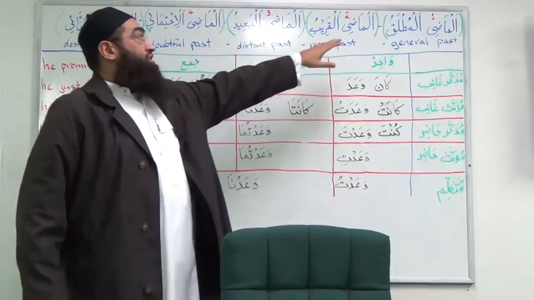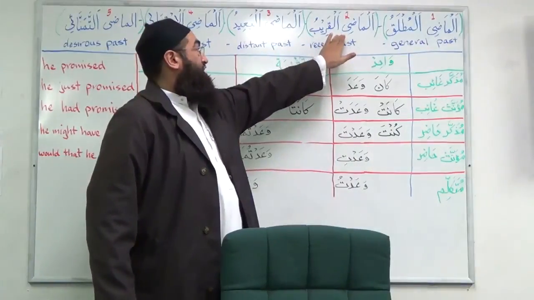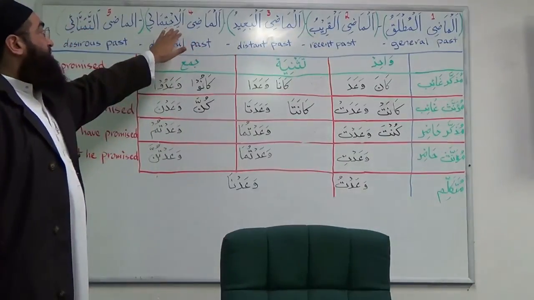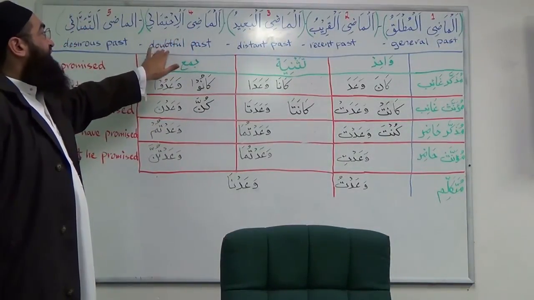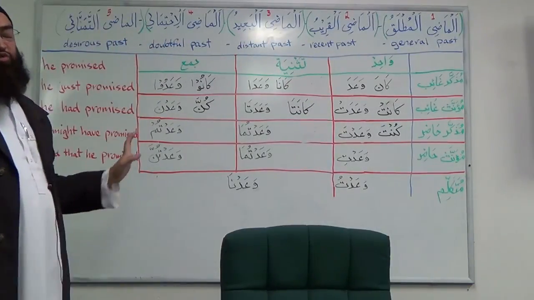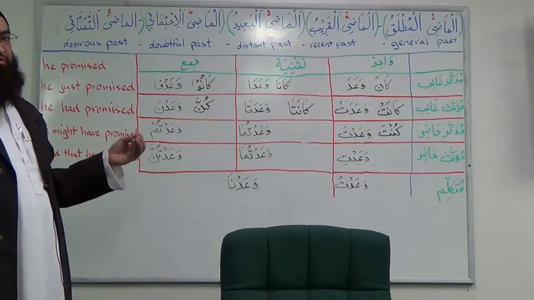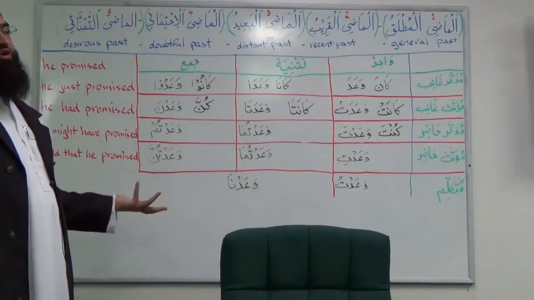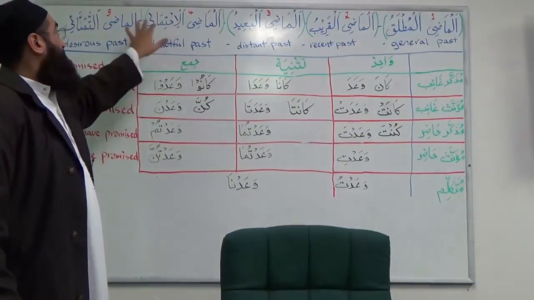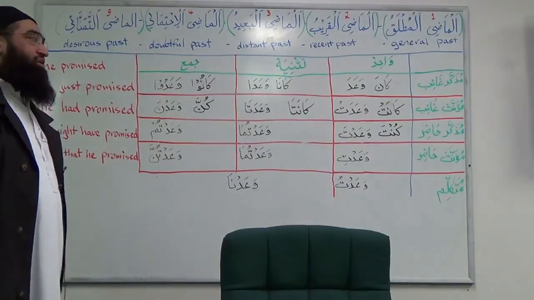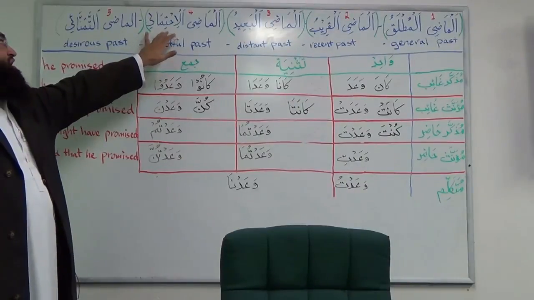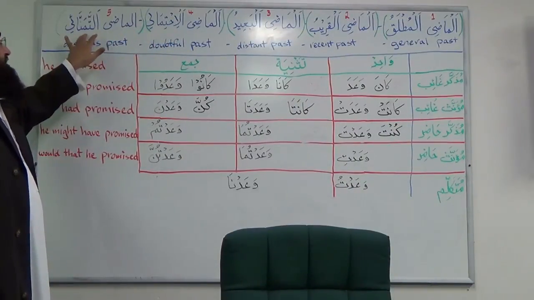So now we know Madi Mutlaq, the general past, Madi Qareeb, the recent past, Madi Ba'id, the distant past, and then there's also another Madi doubtful, something that happened in the past but is doubtful. This one and this one does not come so much in the Quran and Hadith. It comes very rarely, but it does come, so we should know it. These three will come a lot. But these two, and there's one more we'll mention a little bit down the road, but so far we should know these five. So Madi Ihtimali, Al-Madi Tamannai.